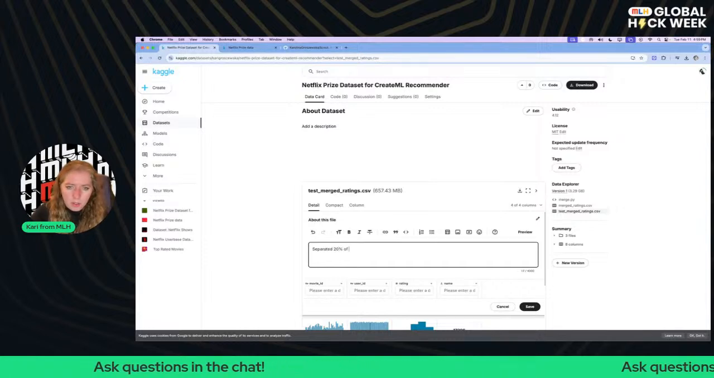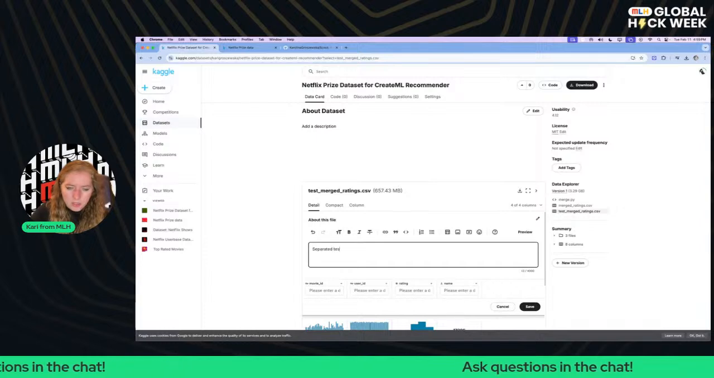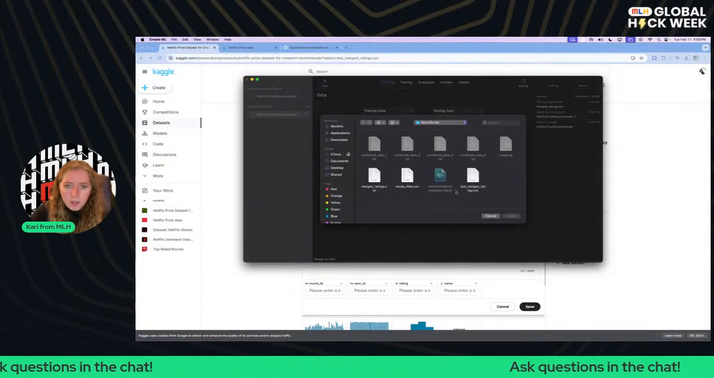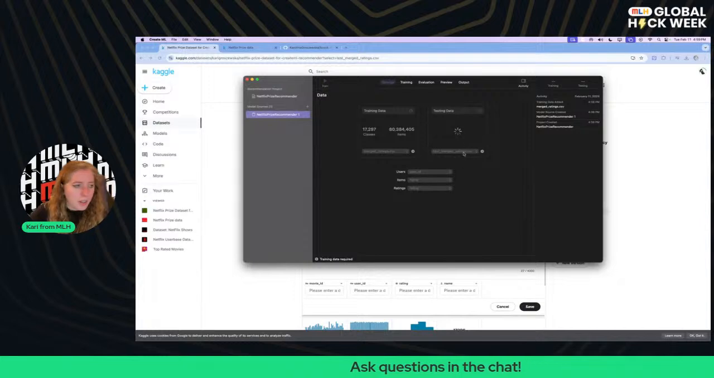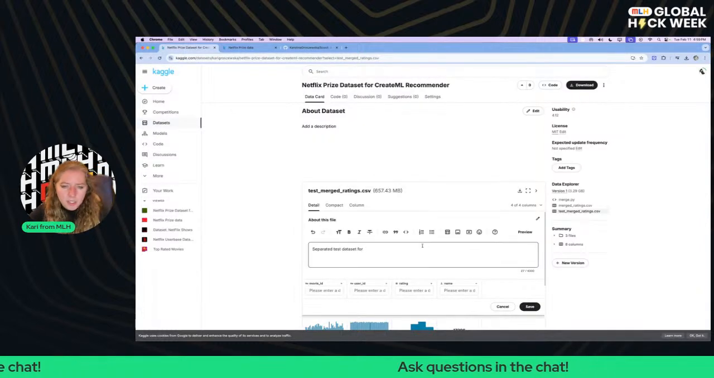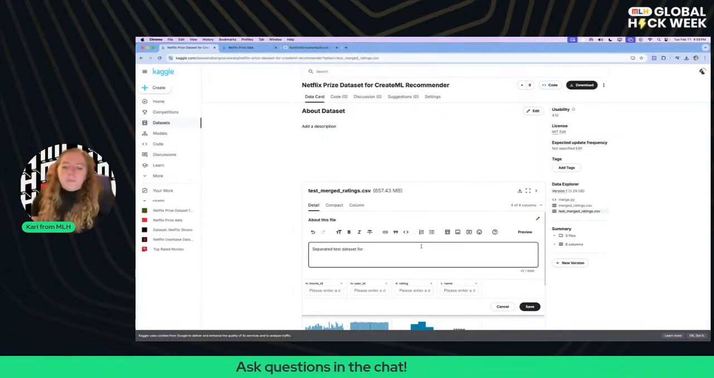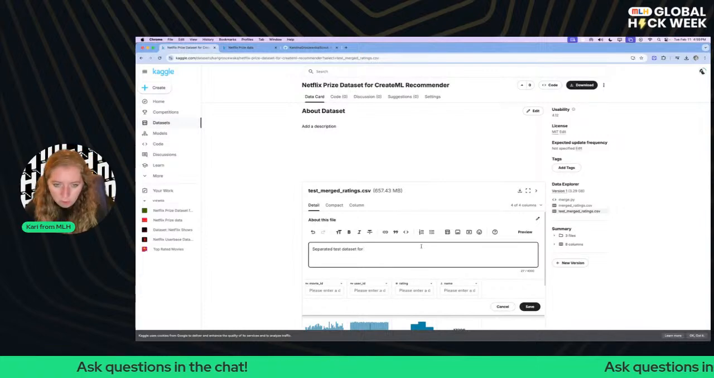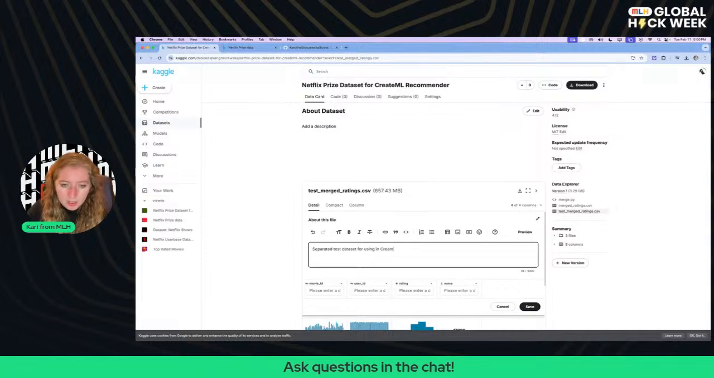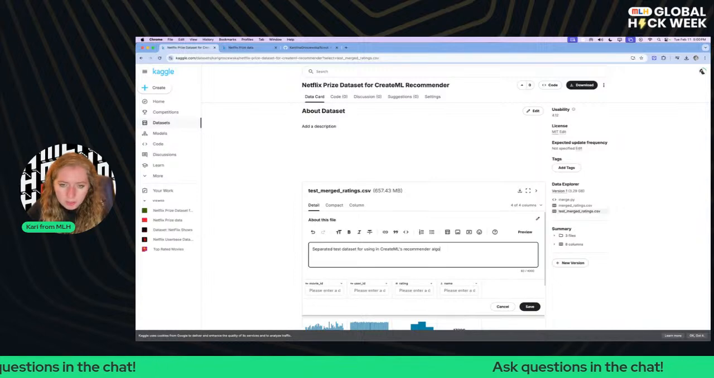20% of separated test data set for, also realized my computer stopped buzzing. So there you go. So then testing data, right? If you're going and kind of add it in here, right? It'll pop in here, and then you can go through and then walk through the next steps. So you've got training data and testing data. Separated test data set for, what is it? Separated test data set for using in Create ML's recommender algorithm,